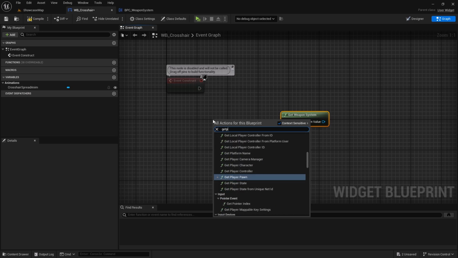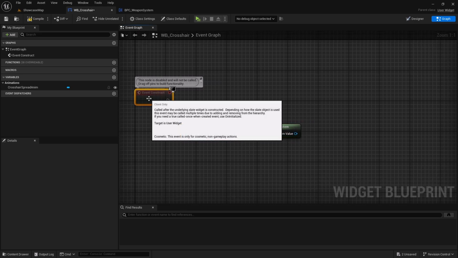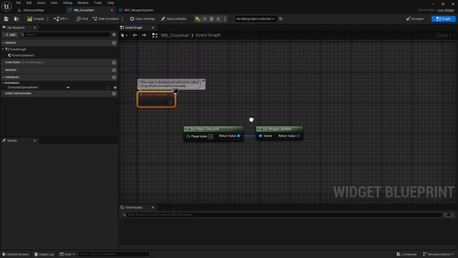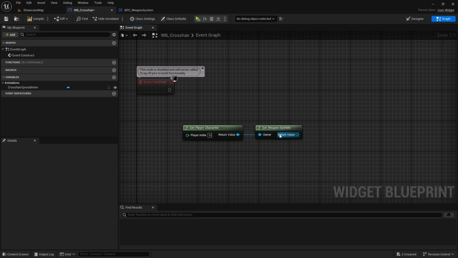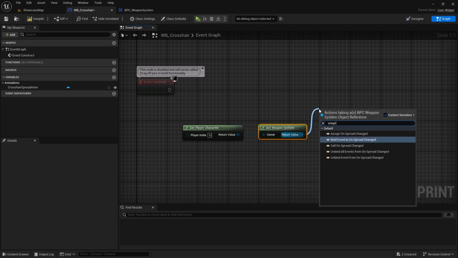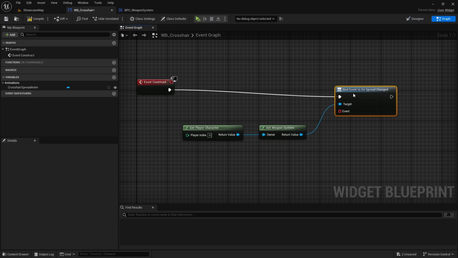Yeah, the owner is obviously the player now. So let's get the player character. Player characters get weapon system. And then let's bind an event to that on spread change. So you can see we have a suggestion called bind event to on spread change. So let's use that dispatcher,